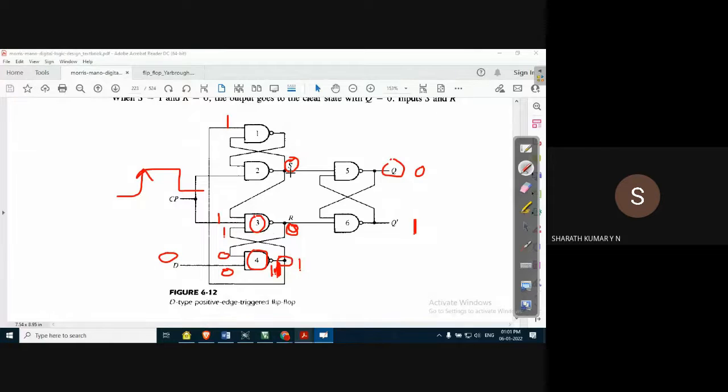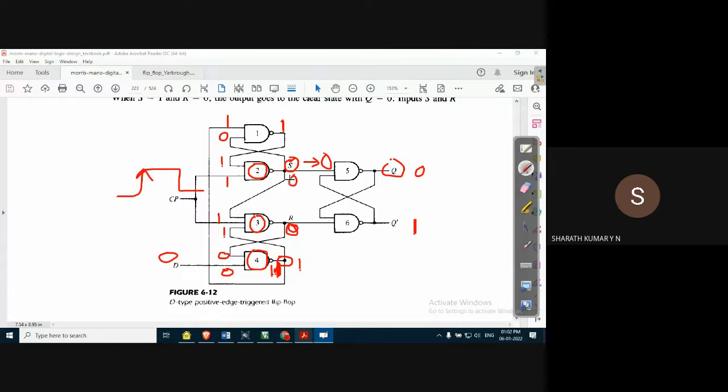Now what is S? Let us take one condition, because to analyze this we have to start with one of the S conditions. Initially let us take 0. You take 0 or 1, it doesn't matter. When this is 0, this input should be 0 because of the cross feedback. The output of the first NAND gate is 1, because one of the inputs is 0, the output automatically becomes 1. This input is now 1. Let's observe this. The other input for the second NAND gate is 1. 1 and 1, this should be 0.